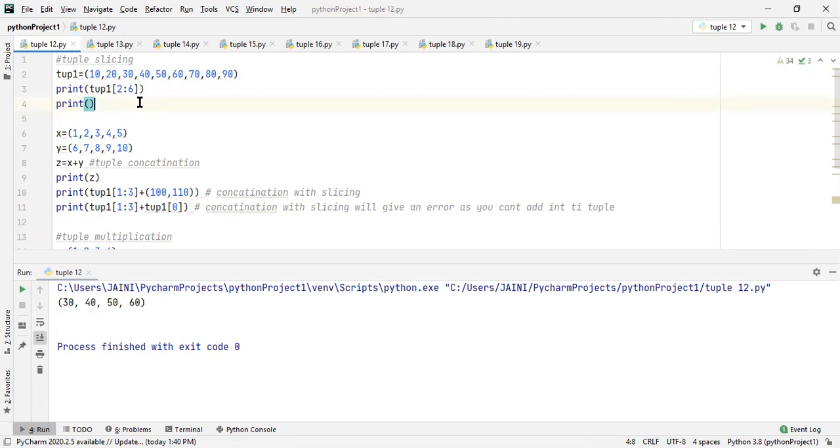Slices are treated like boundaries, and the result simply contains all the elements that fall between the boundaries. We can also mention the start, stop, and we can also mention a jump. So slicing is a way to extract non-consecutive elements from a tuple.